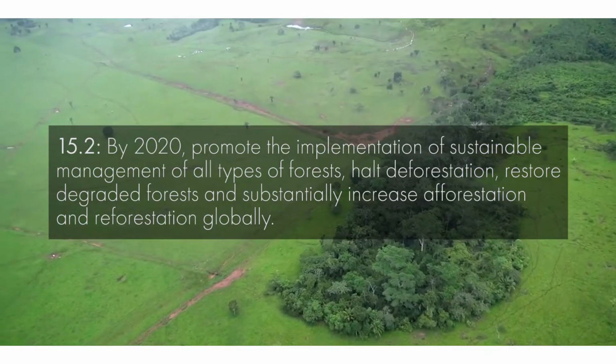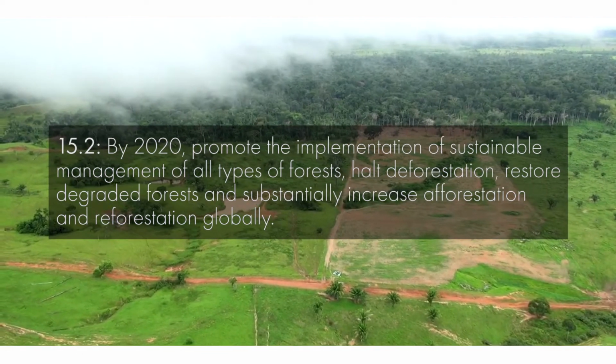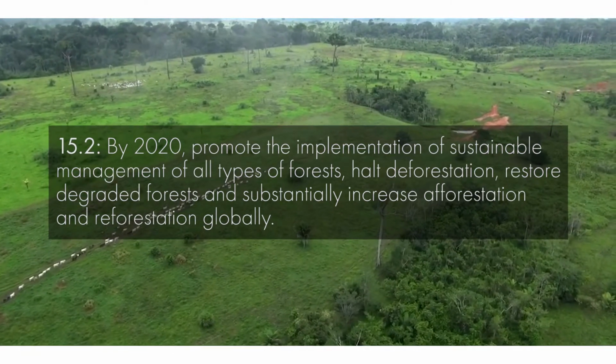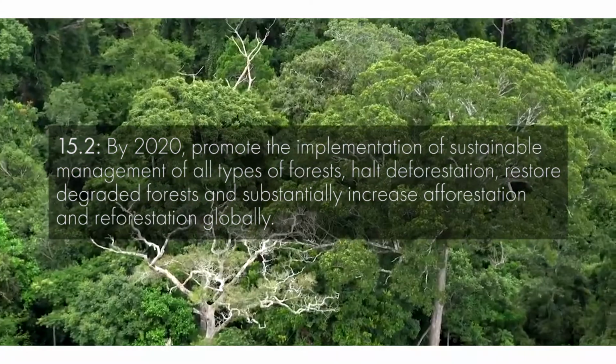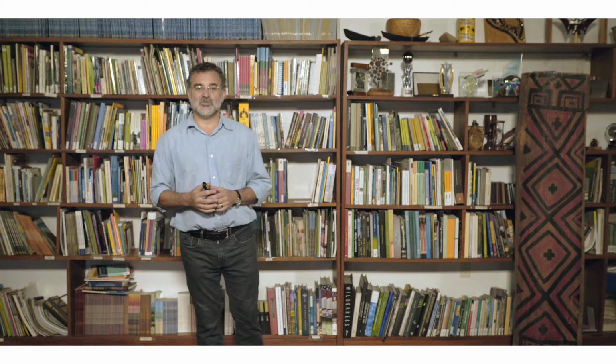Number 2, the second target, again by 2020, promote the implementation of sustainable management on all types of forests and halt deforestation and degradation, and increase afforestation and restoration globally. So that means that all these forests which are either damaged by improper use or that are not being sustainably managed, there is a target to move in the direction of sustainable use of those forests and restoration of those